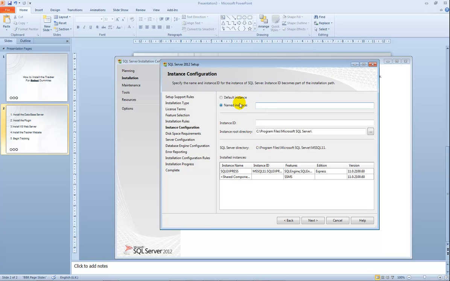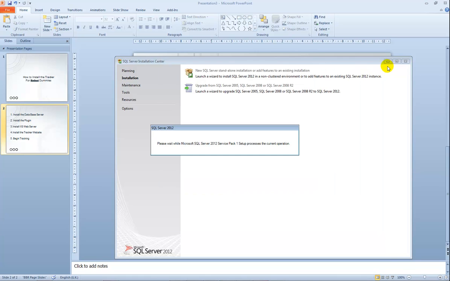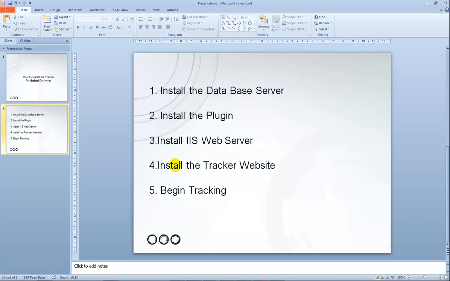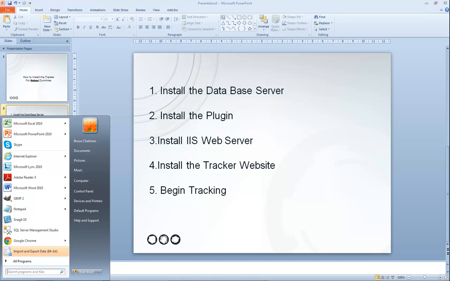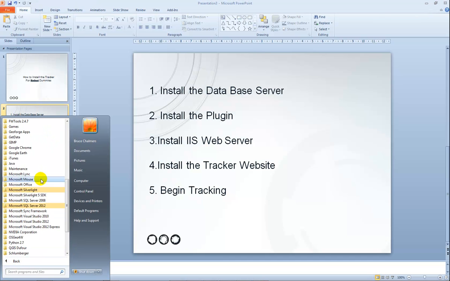And here you get the choice to name your instance. So I already have one called SQL Express, which is the default name, and I just recommend you use the same SQL Express name. So you can just continue through here, accepting the defaults, and you'll get SQL Server installed. You can check that by coming to your Start and then All Programs, and then you see this SQL Server 2012, and you can choose SQL Server Management Studio,